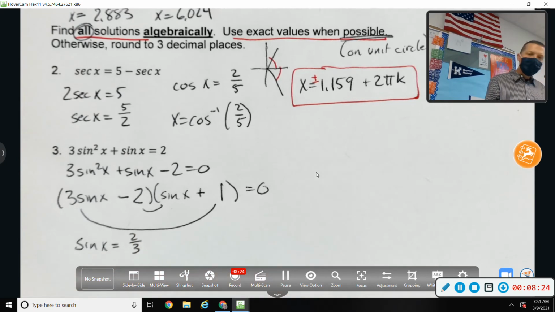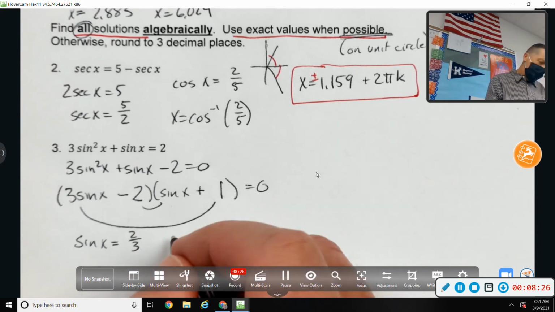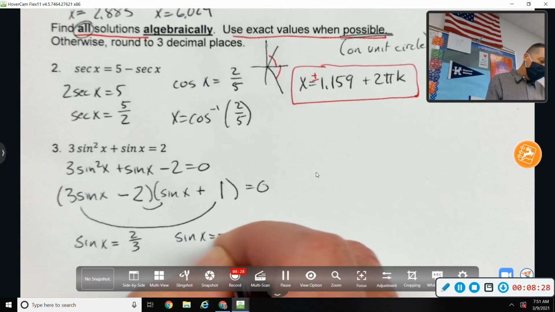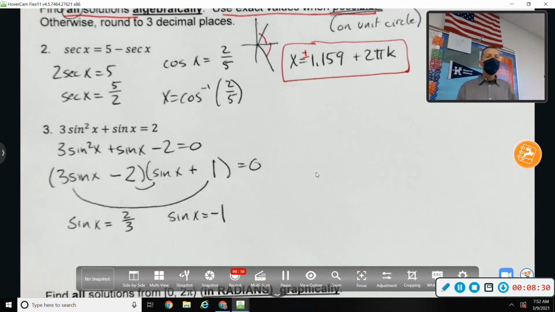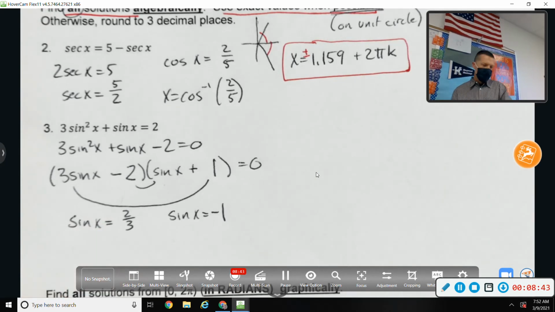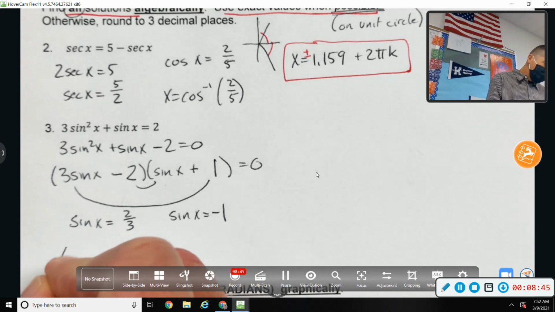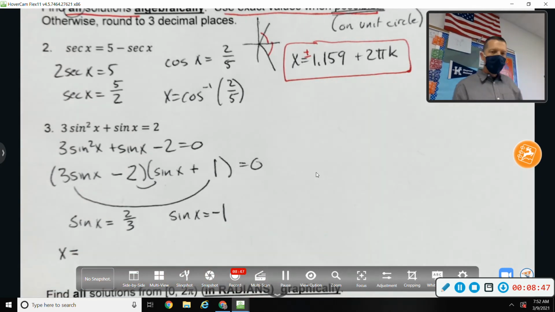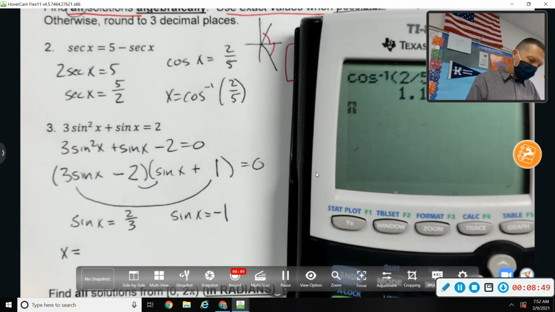Sine of x equals 2/3. Sine of x equals -1. I skipped the step that many of you skip, where you set each factor equal to 0 and then do a little bit of math. Especially on that one, I skipped 2 or 3 steps. Set it equal to 0, move the 2 over, divide by 3. Sine of x equals 2/3. That is not a unit circle problem. So inverse sine of 2/3,